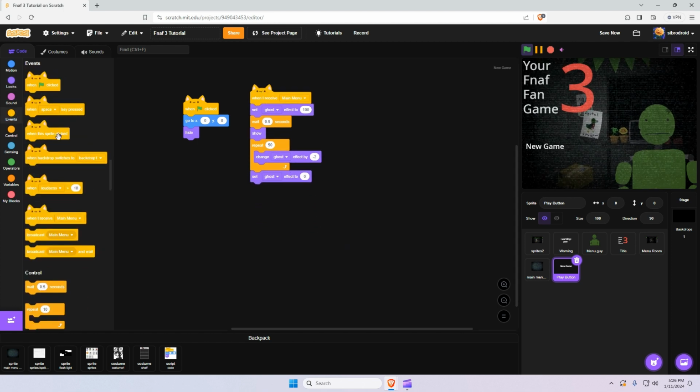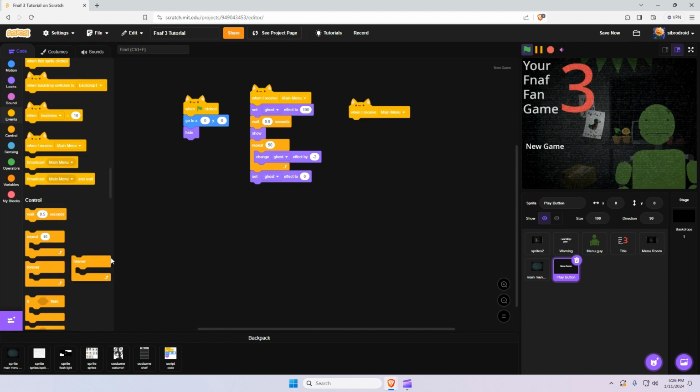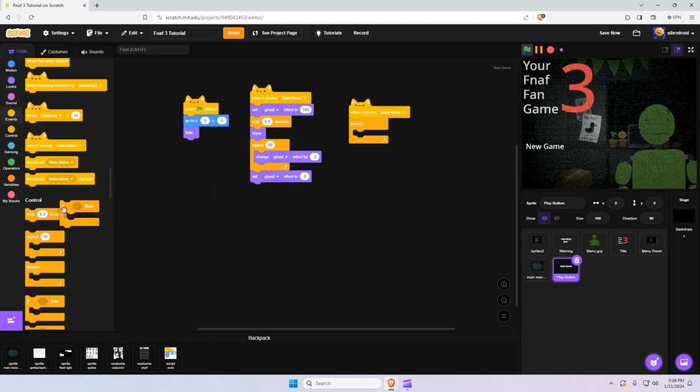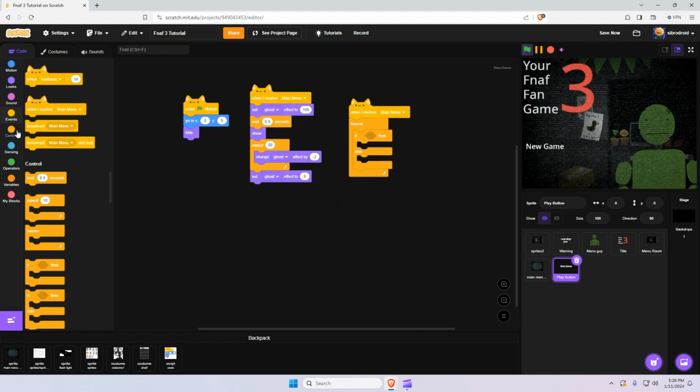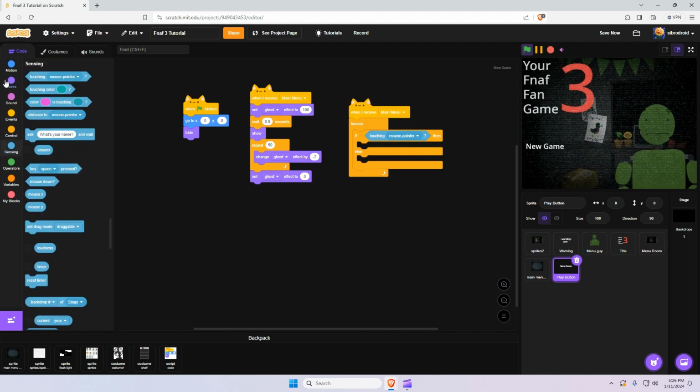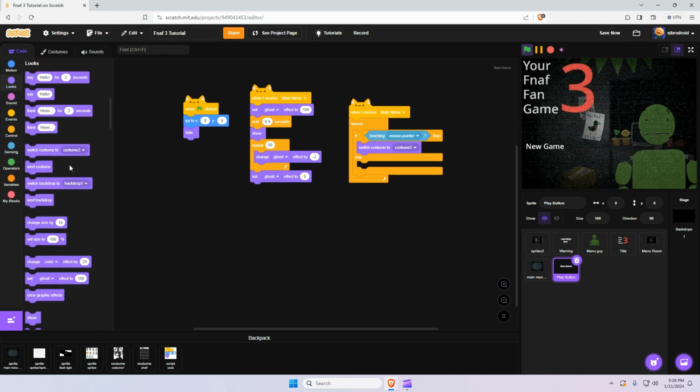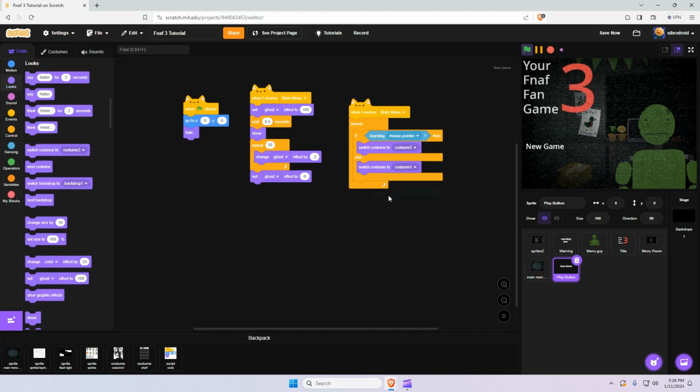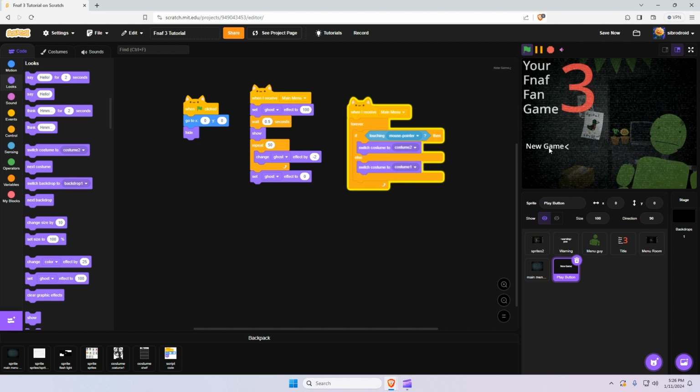And do, when I receive main menu, forever, if else, if it's touching the mouse pointer, switch to costume 2, else switch to costume 1. So you can see that switches to the arrow one